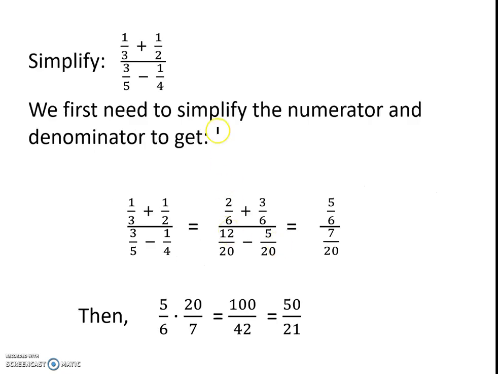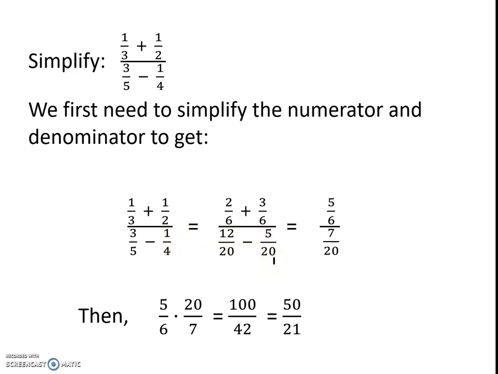Our next example is to simplify 1/3 plus 1/2 divided by 3/5 minus 1/4. Well, first we need to simplify the numerator and the denominator. If we take 1/3 and change it to 2/6 and 1/2 and change it to 3/6, on the top we have 5/6. Our common denominator on the denominator is 20, so we have 3/5 equals 12/20 minus our 1/4, which